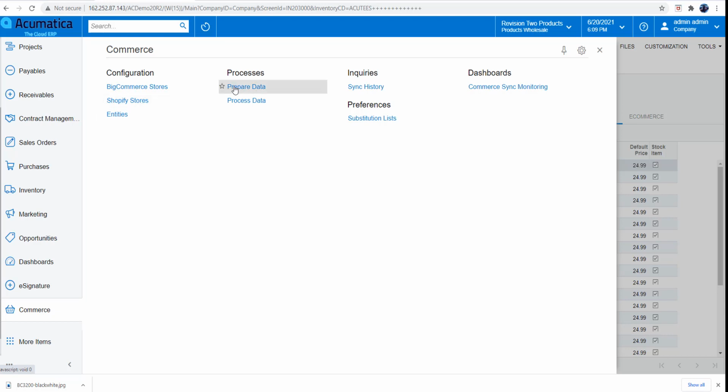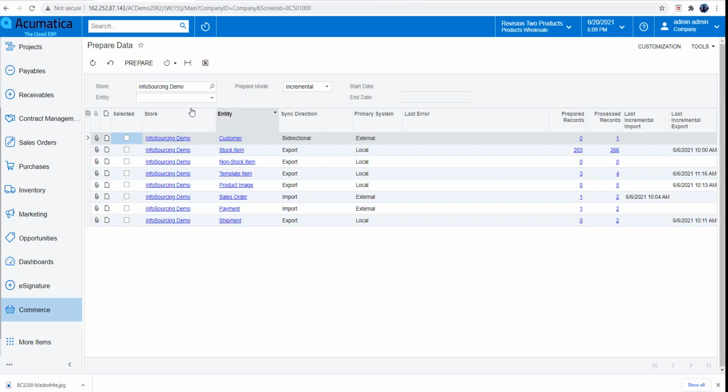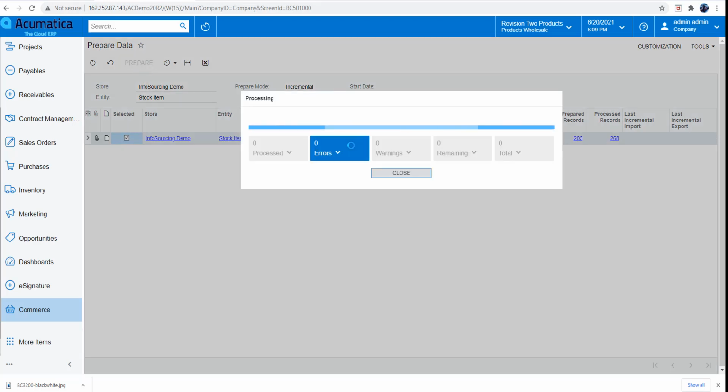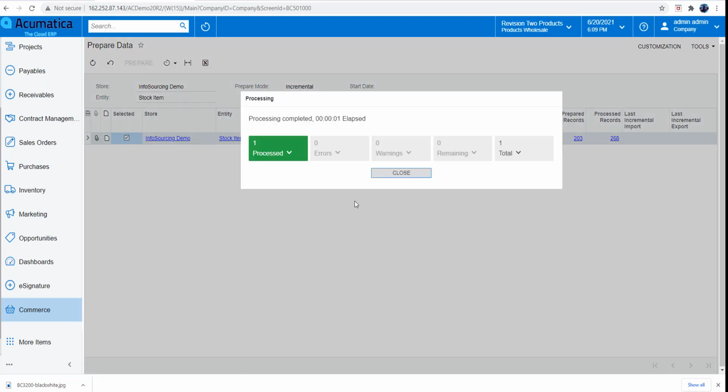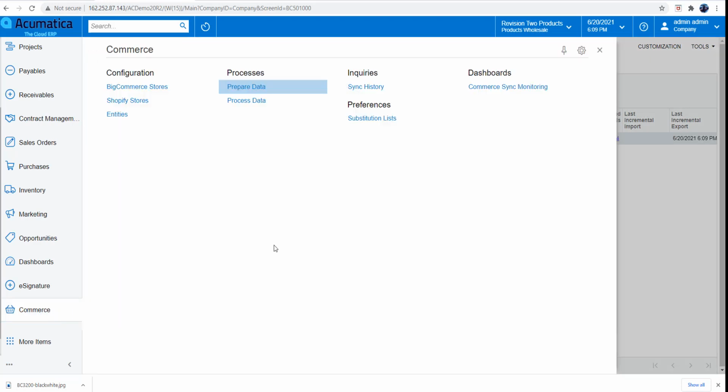and then be able to prepare data and then process the data itself. So I'm going to click on prepare data, and then I can select the stock item, and then I'll be able to select the option and say sync now with Acumatica's from the connector all the way to the Shopify. So I'm going to hit prepare. So this will process the one particular entity that we selected. So I'm going to go back to my process data,